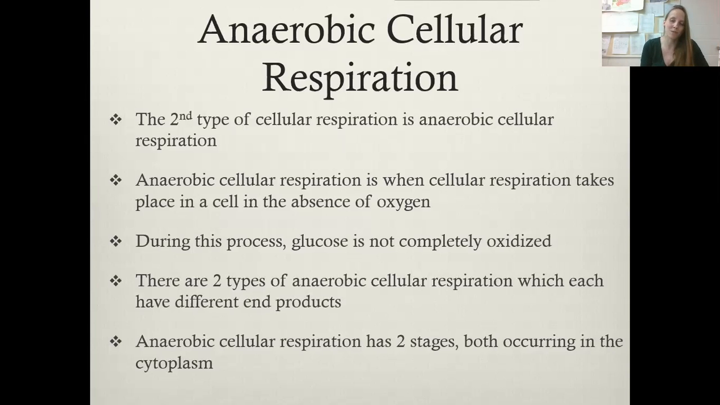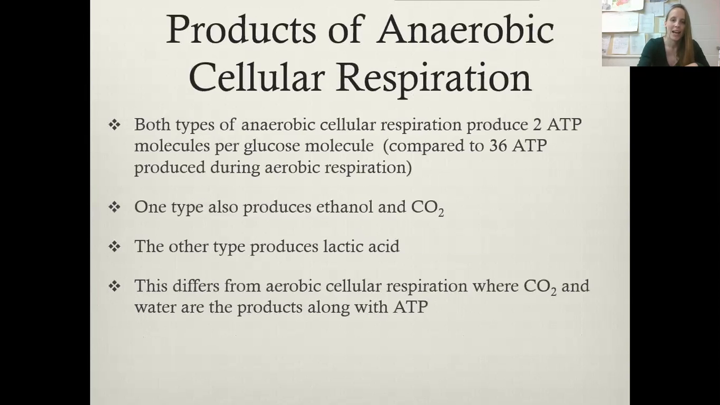But both types of anaerobic cellular respiration have only 2 stages instead of 4. Those stages all occur in the cytoplasm, and you'll see when we look at the aerobic cellular respiration later, they don't all take place in the cytoplasm. And perhaps most importantly, with anaerobic cellular respiration, both types, you only end up with 2 ATP being produced for